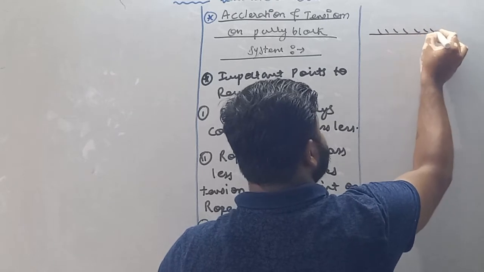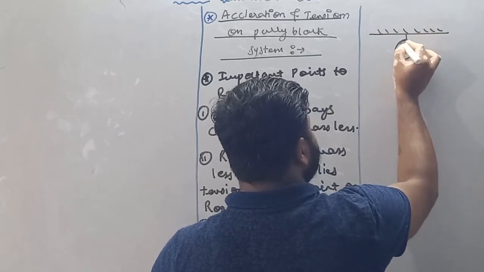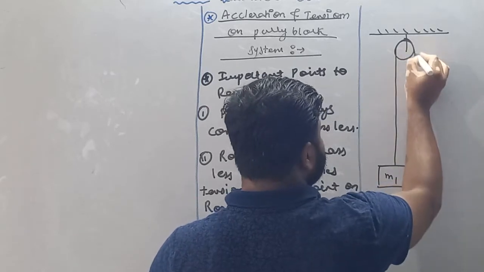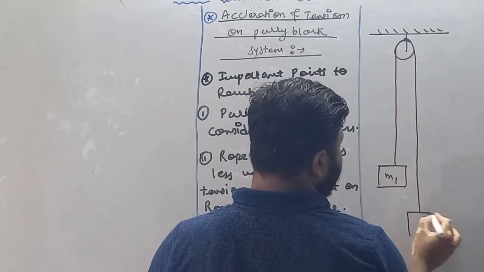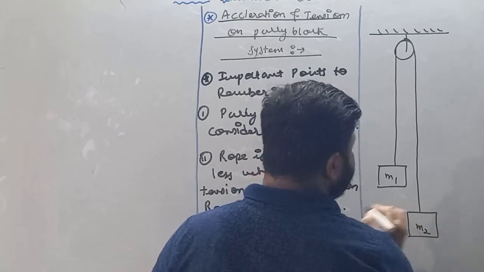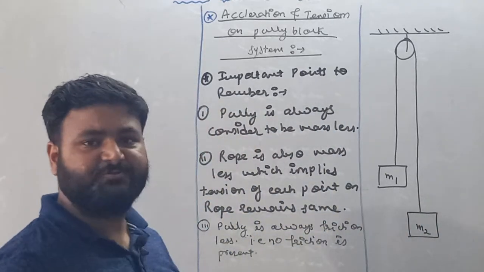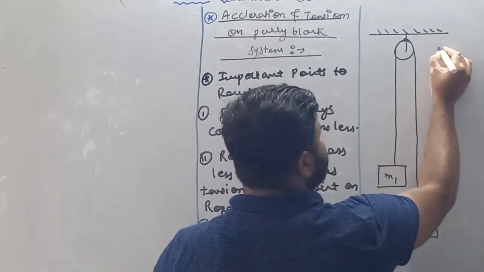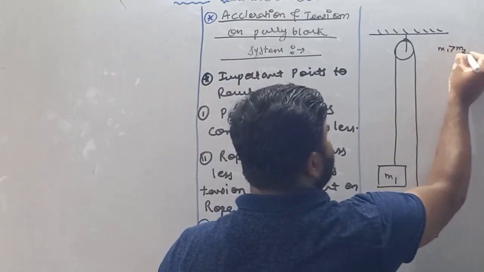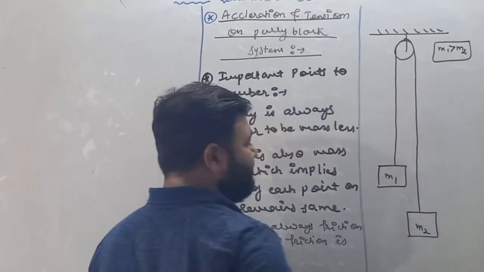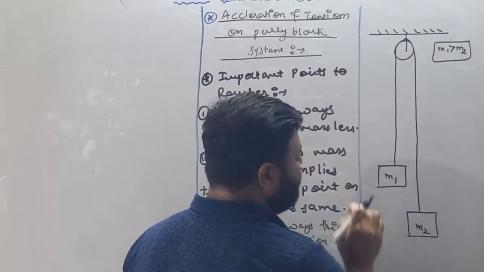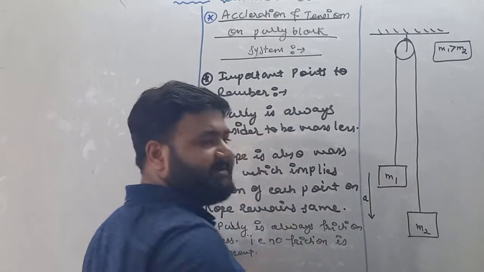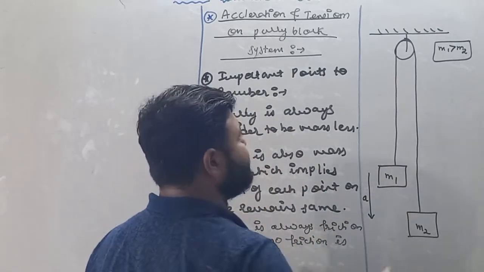Let's suppose this is a ceiling, and a pulley is there on which two masses are present. Let's suppose the first mass is M1 and the second mass is, my dear student, M2. So we have two masses. Let's suppose M1 is greater than M2. If M1 is greater than M2, it implies M1 goes down with acceleration A, and we already discussed